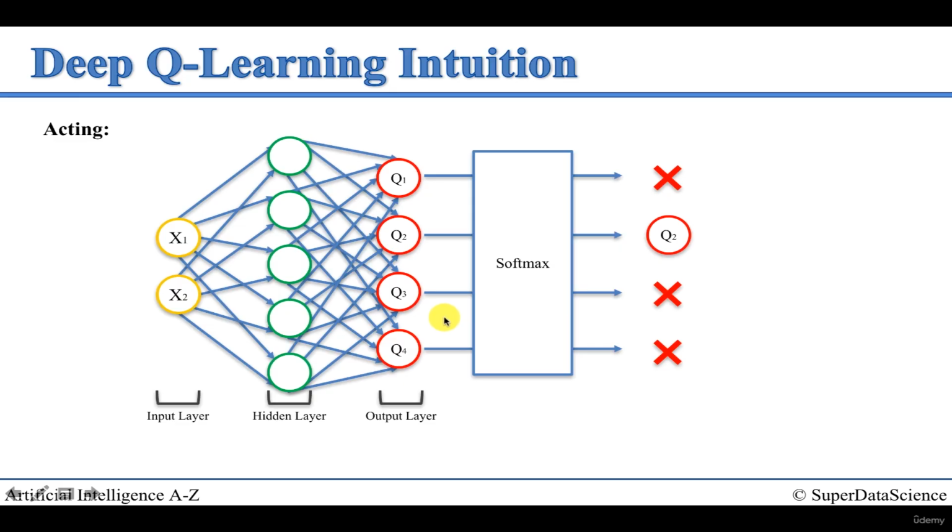But for now, we're just going to say we're passing it through the softmax function, and basically what it does is it helps select the best one. It selects the best action possible. There's a small caveat to that. It's not just the best one possible. We'll talk about that in the action selection policy tutorial. But for now, let's just say it selects the best action from here. We know the Q values. It's predicted the Q values, so it can look at them and say, okay, the highest Q value out of these, just as we did in the simple Q-learning algorithm, it'll just look at all these four, say the highest Q value is this one, and I'm going to select that action. I'm not going to take those. And that's pretty much it.